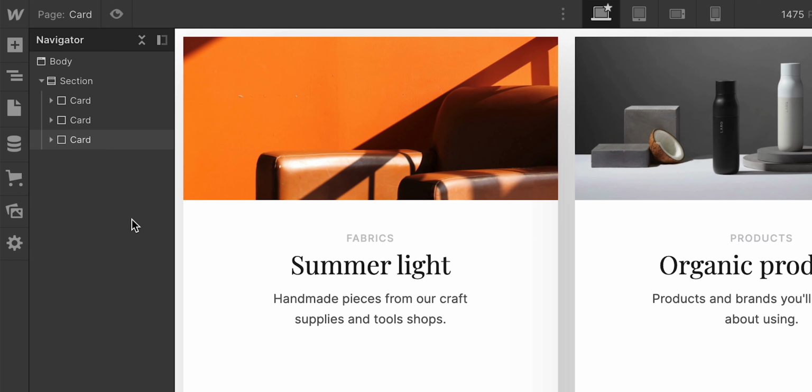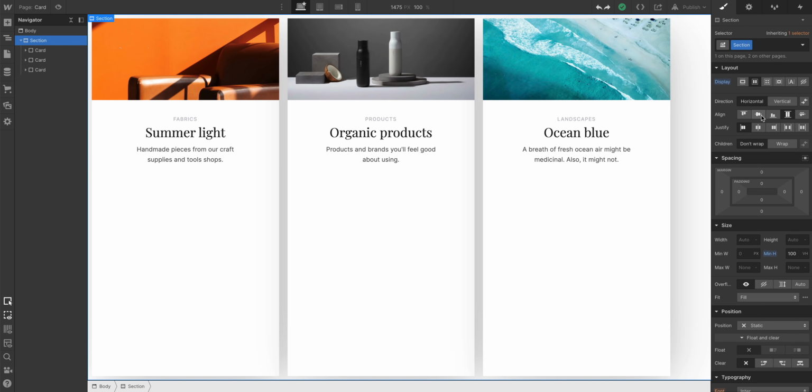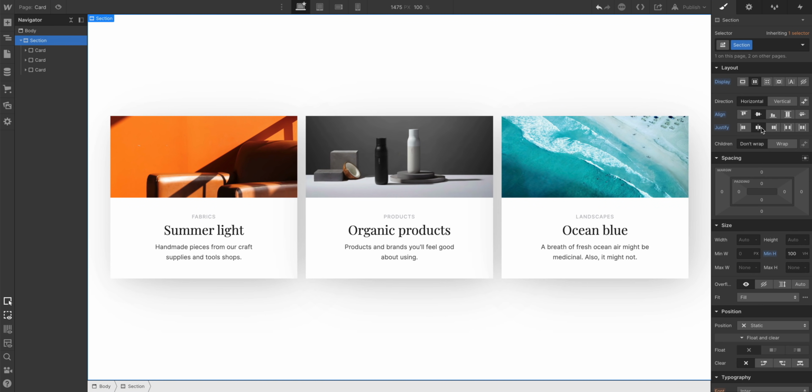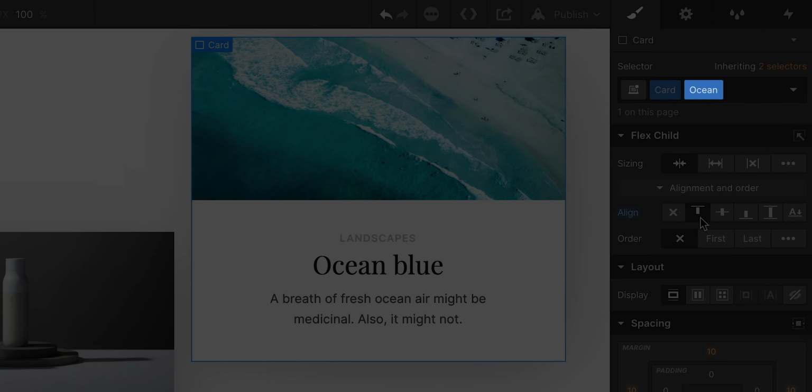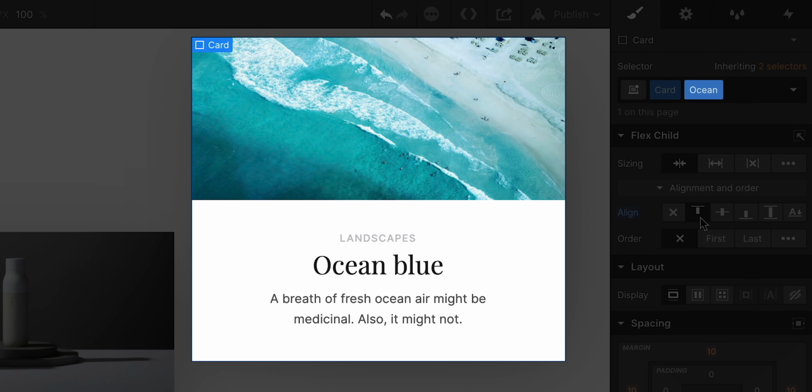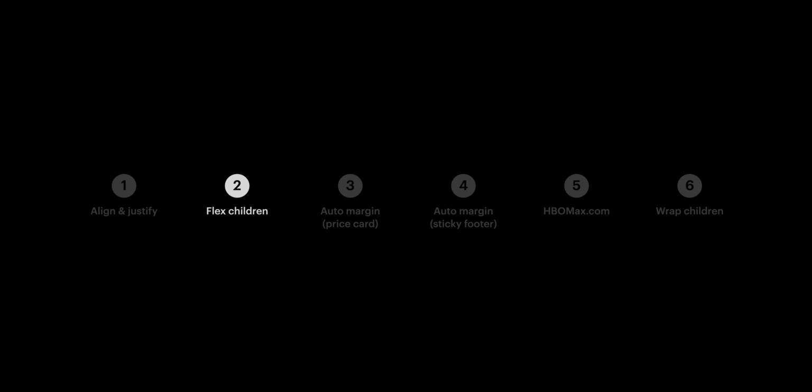So we have Flex, which we set on the parent, in this case the section, and we use the parent element to align and justify its children. If we want, we can override the Flex parent on any of the Flex children, of course, keeping in mind that we need to use a different class or a combo class if we want to break the rules on only one Flex child. But that's children breaking the rules.